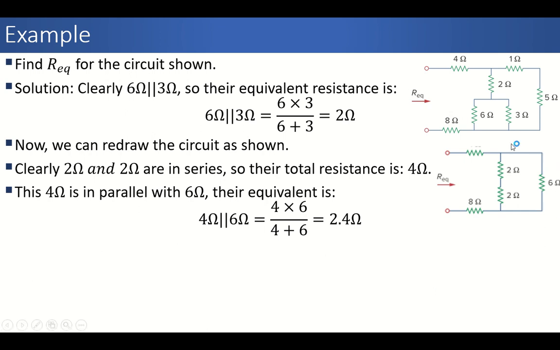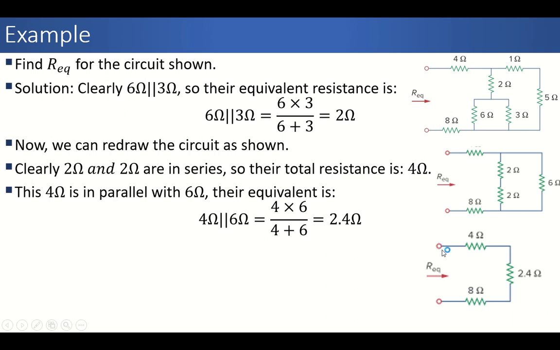So now we can simplify this circuit again. We can actually replace this whole network using this resistance whose value is 2.4. So this will be the resulting circuit. This 4 ohm resistance is the same, this 8 ohm resistance is the same. Now we have a simplified network across these two terminals. Their equivalent is 2.4.